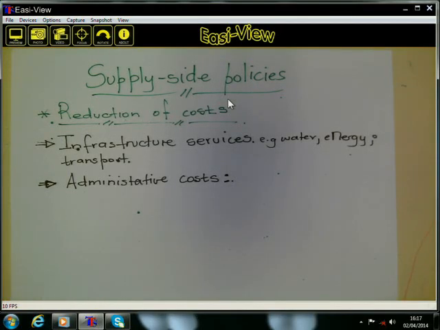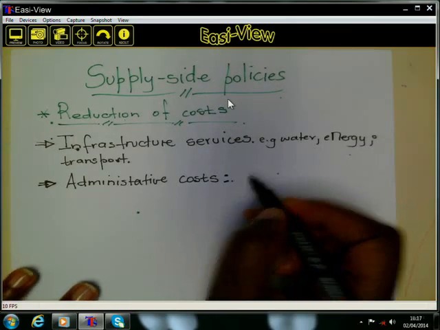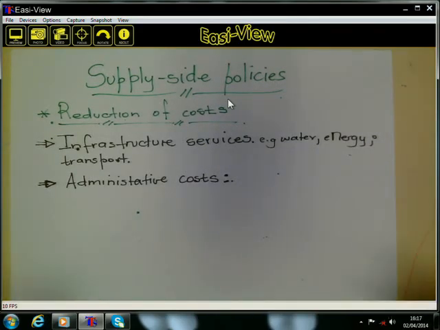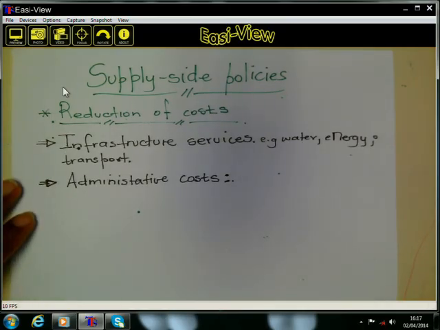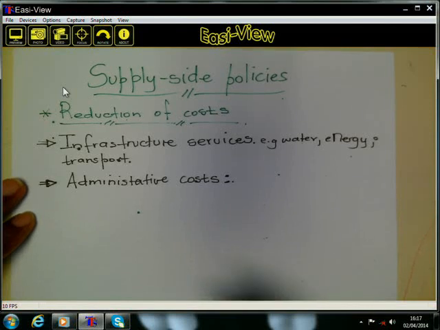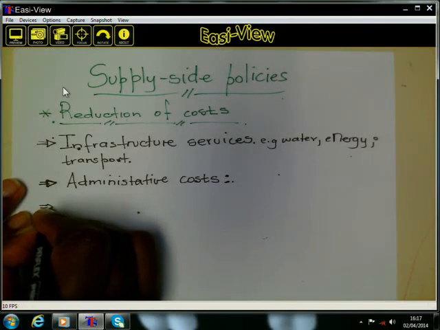So like for example, when they are filling forms for tax, they must be able to know what to do. It must not be too cumbersome and take too much time from them. And it must not take too long. So it means also it must be cheaper. And you must be able to know what you are doing when you are looking at administrative costs. Right? And then there must be as well